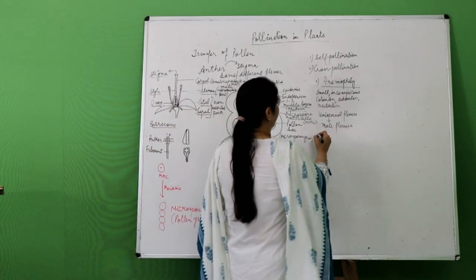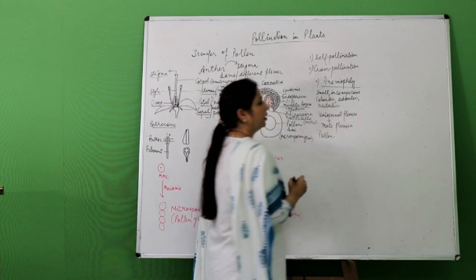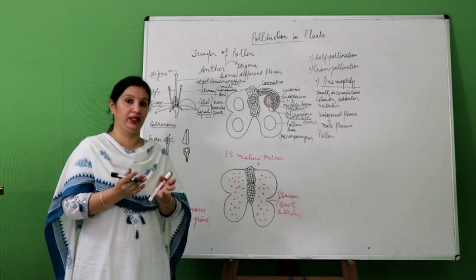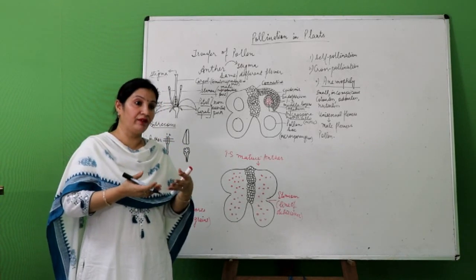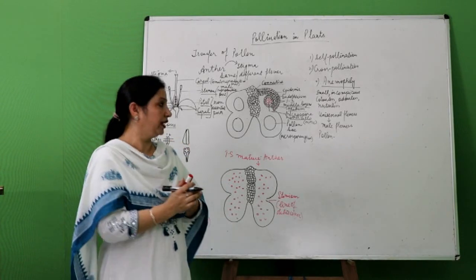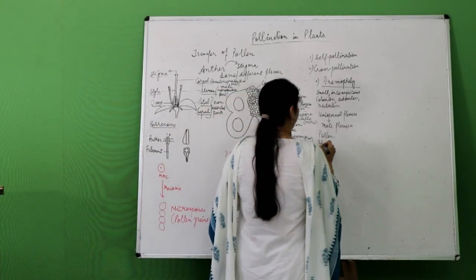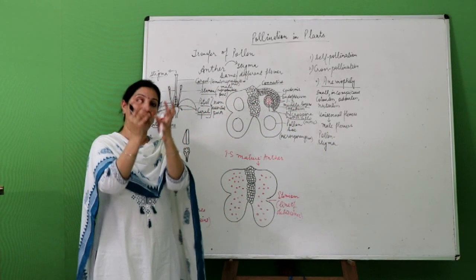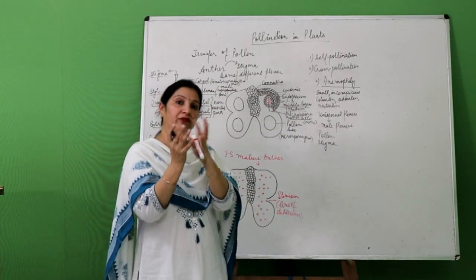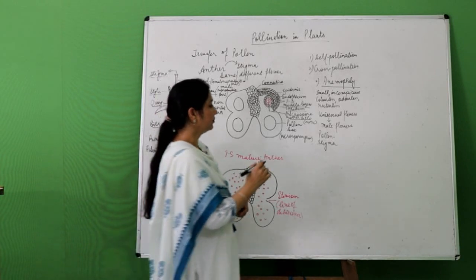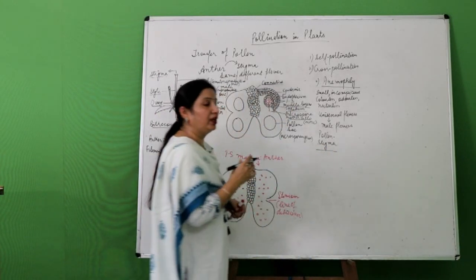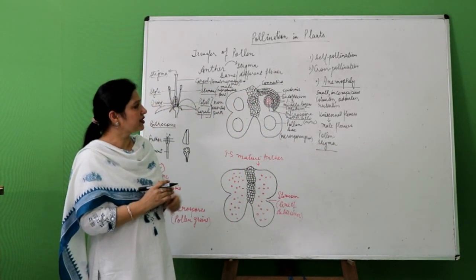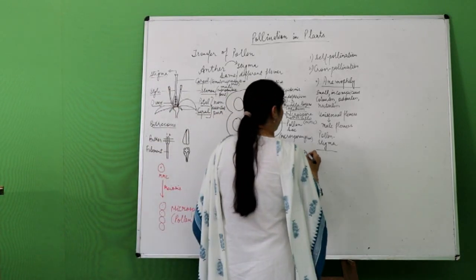Then if we see the pollen, the pollen produced are small, they are light, they are dusty, very smooth walled, and very lightweight so that they can travel hundreds of kilometers, right? And if we see the stigma, then the stigma is also feathery or branched to catch the wind carried pollen, right? So it has been seen that these pollen, with help of wind, can be carried up to hundreds of kilometers, right?